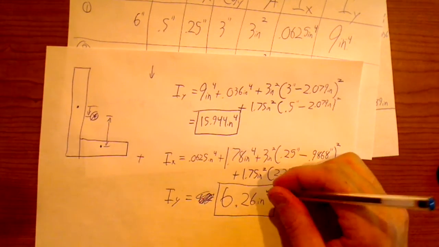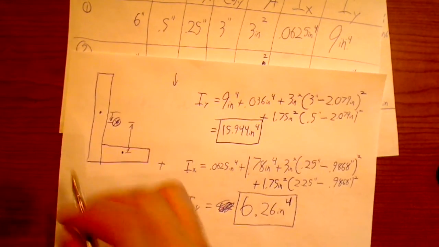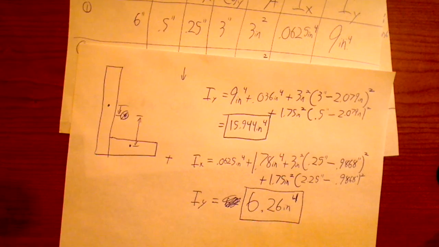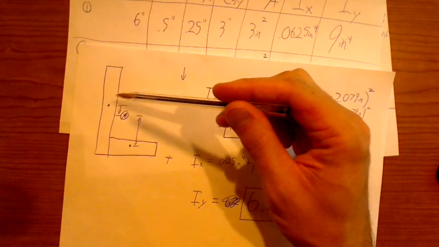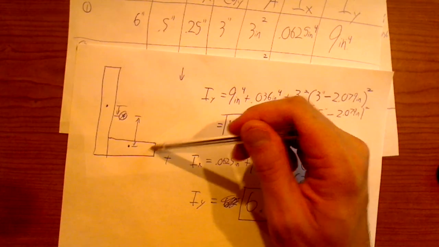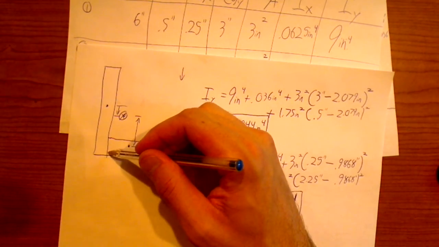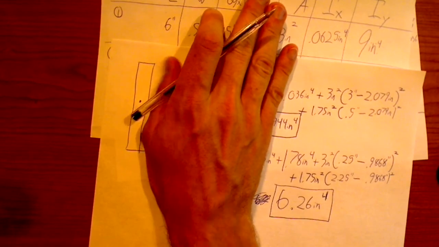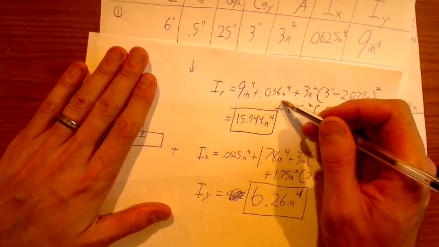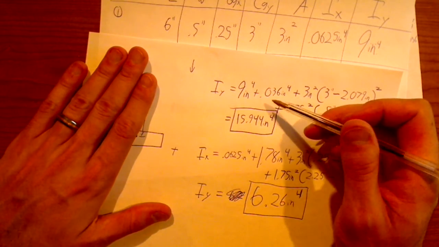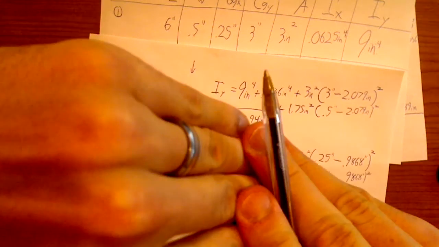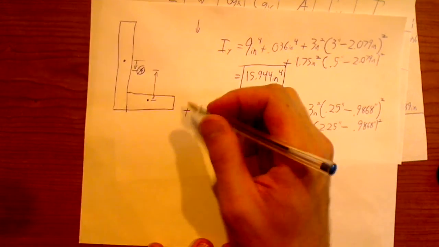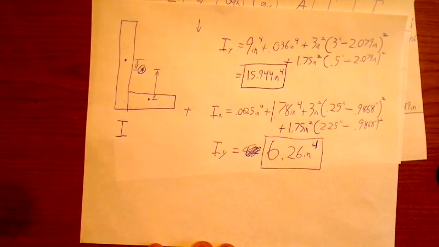So, that's how you would find the moment of inertia in both directions of a shape like this. Note that this would be called angle iron, and it's nice because you can actually get pretty reasonable I's in both directions without using too much material by just bending something or welding something together right there. If you only had this one sheet like this, remember how terrible our I's are? This thing, that's super flimsy. You don't see beams made of flat sheets of steel like this because they bow up and down very easily. So that's why you'll see shapes like angle iron, you'll see shapes like I-beams, which take advantage of the same effect